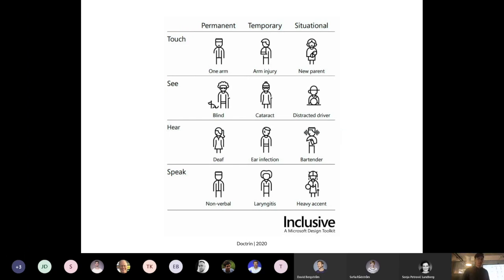You can say that it talks about the individual ability to meet the digital requirements. We talk about different types of disabilities that could be permanent, temporary, or situational. For example, if you have an arm injury, or you are a new parent, or are visually impaired. So it's not only if you have some kind of cognitive or physical disability, it's more than that. But in the end, it's about making it accessible for everybody if you make it accessible from the beginning.